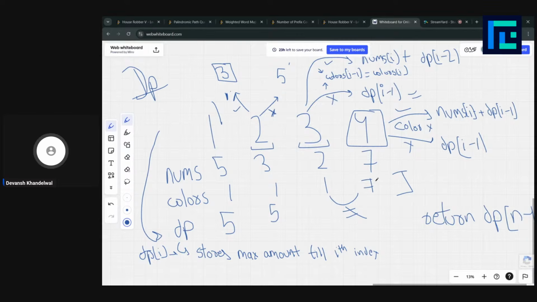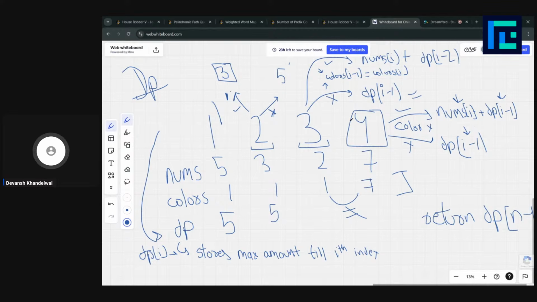If the colors are not the same, then if we take it, the answer for this index is the maximum money we could have till the previous house, plus the money we got here. Otherwise, if we are not going to take it, the maximum amount is what we got till the previous house.